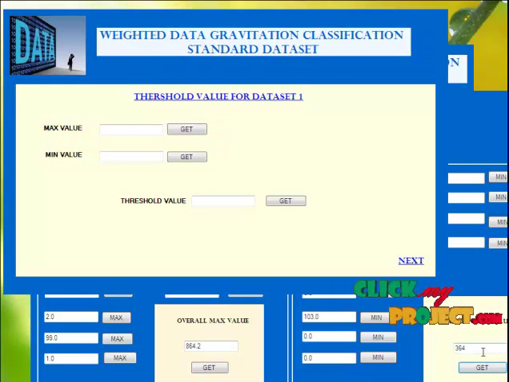You will get the minimum value. To find the threshold value, get the maximum and the minimum value. For the lung dataset, the maximum value is 864.2 and the minimum value is 364. To get the threshold value, press this one. You can see the threshold value for the lung dataset.